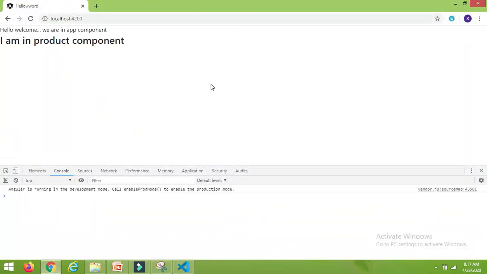Wow, we are still getting the same output. That means we can inject the component by using a selector, and this selector can be written in three ways. The first one is simple: we create the custom HTML tag. The second one is as a class, so just prepend the dot. The third one is as an attribute, so just surround it with square brackets, and wherever you want to inject it, just use it as an attribute of any HTML tag. So that's the way we can inject our component in another component.